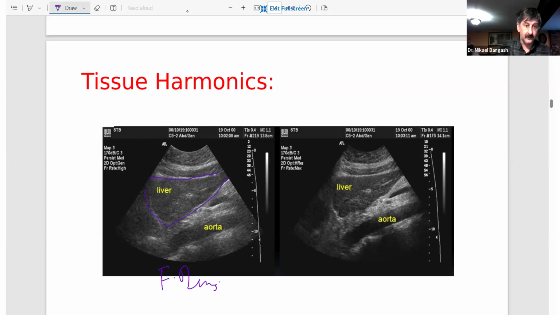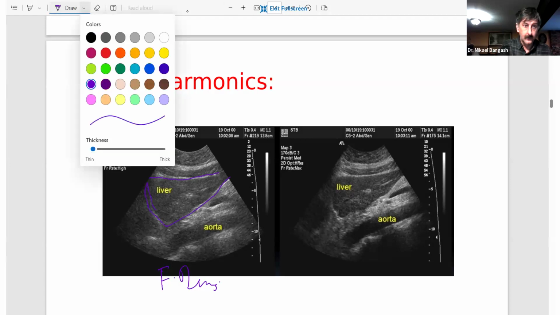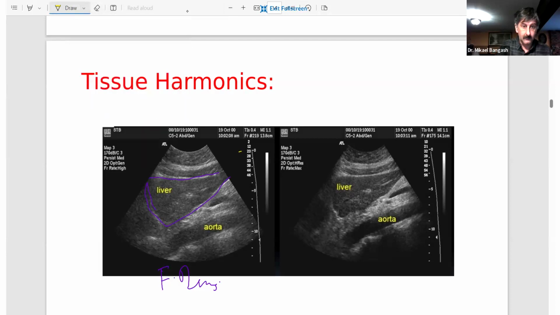Let's just choose a brighter color, sorry, a color that stands out. This here is what we mark as the liver. This here, for instance, I marked as the aorta. But if you compare the liver here to here, you will see all these